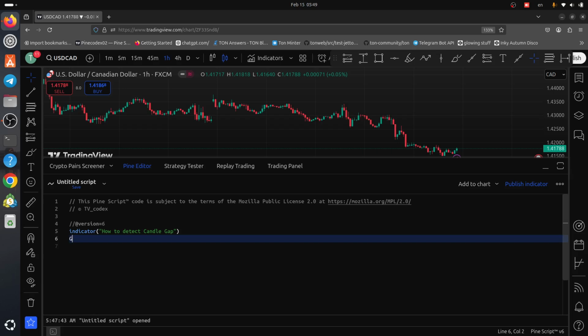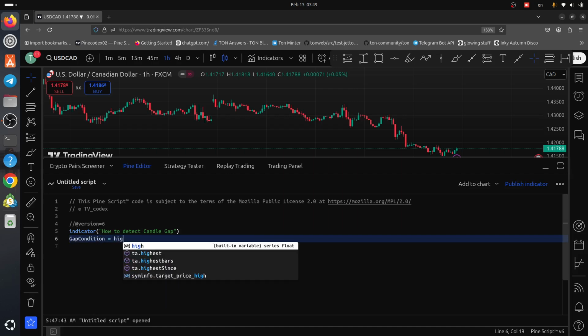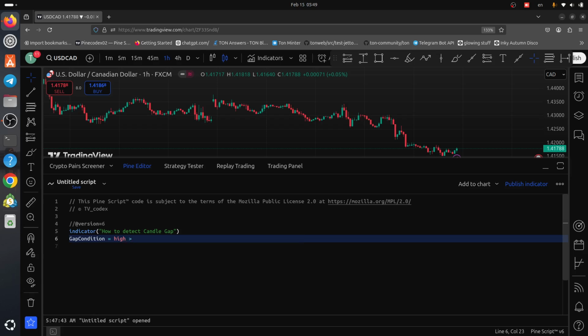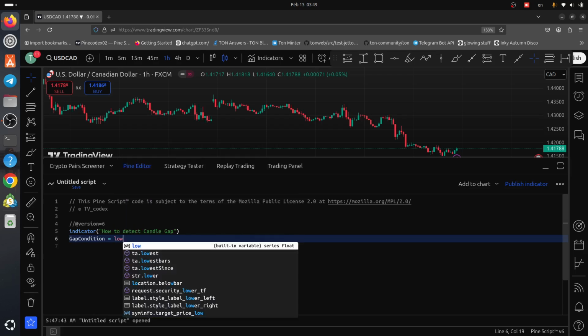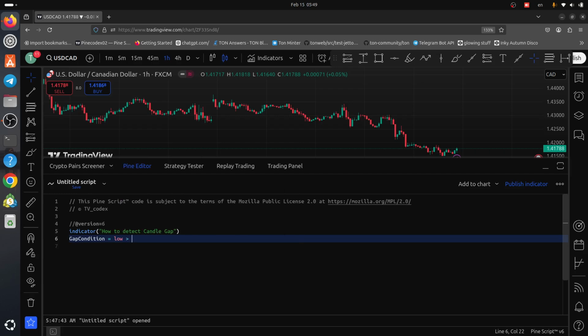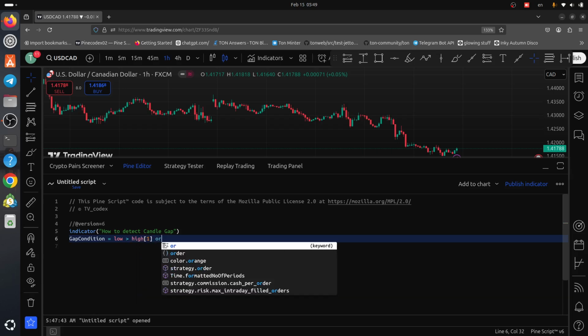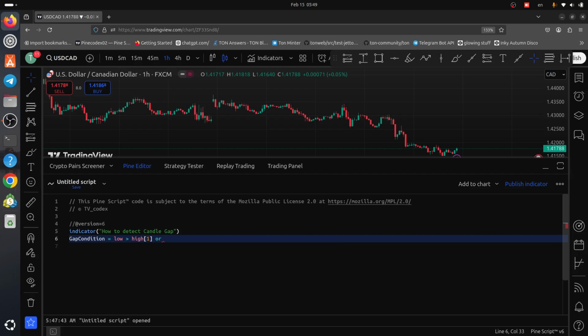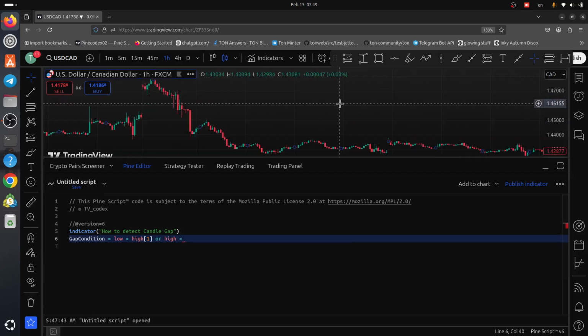So we write a gap condition: if low is higher than previous high, or high, no, yeah, for example,